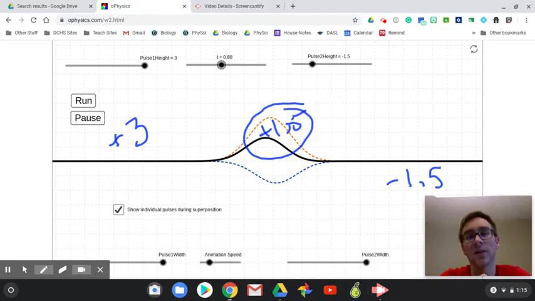So this is what happens when two waves meet. It's called interference. We can either have constructive interference or we can have destructive interference. And remember, in constructive or destructive interference, amplitude determines loudness of the sound. So that talks